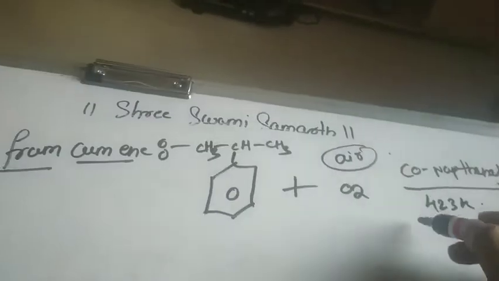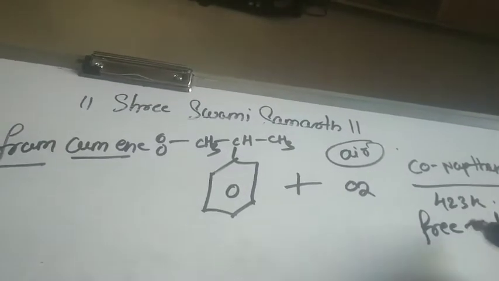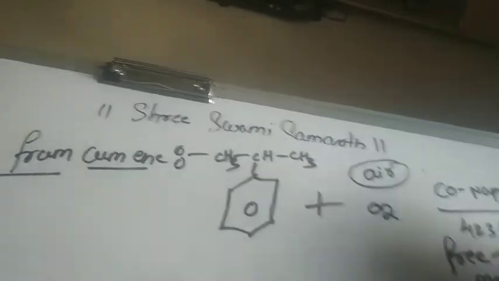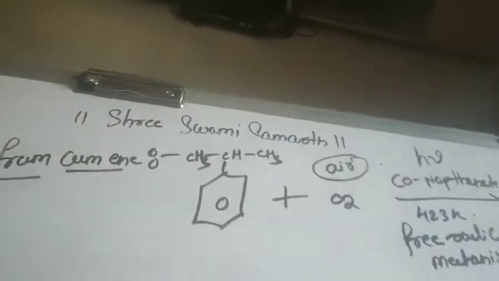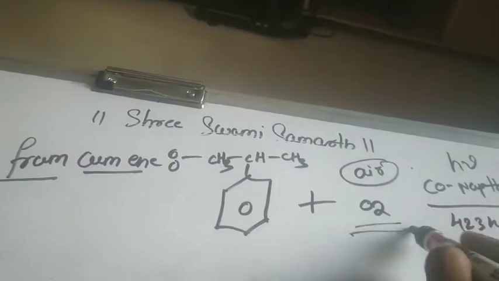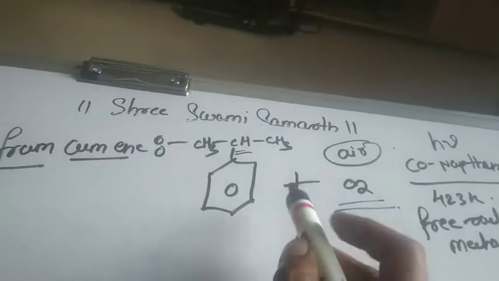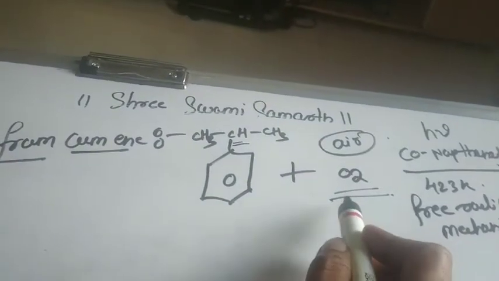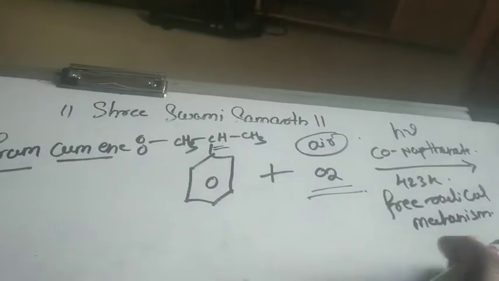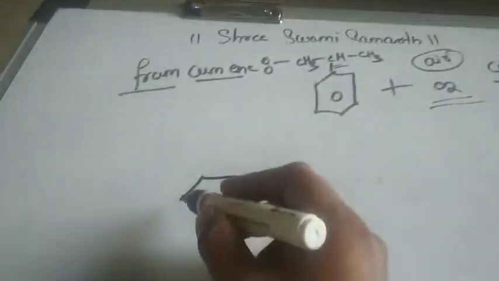This particular reaction will go by the free radical mechanism. Free radical mechanism यानी कि ये reaction हम लोग sunlight, hν, sunlight के presence में carry out करेंगे, जिसमें इसका homolytic fission होगा और इसका भी homolytic fission होगा, right? So that I will tell you how the fission will take place in the mechanism, right? Okay, now just understand the reaction. Okay, so it will first get converted into a complex.